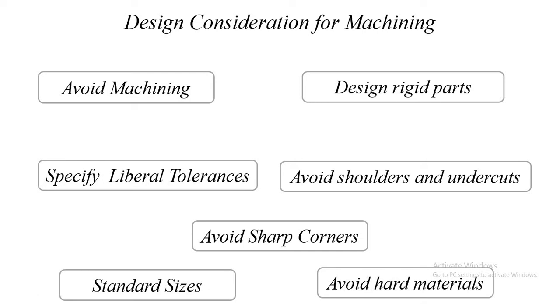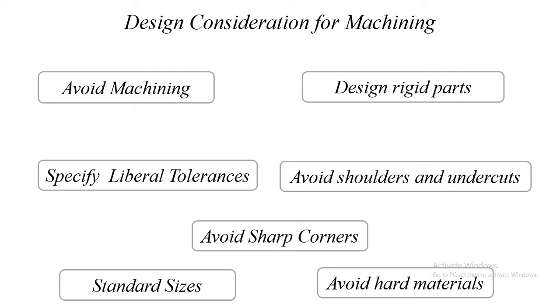Specification of liberal tolerances. While designing the components, the designer should provide liberal tolerance in drawings, both geometric and dimensional, because closed tolerances results in high machining costs. It is advised to avoid sharp corners because it results in stress concentration. It is also advisable to use raw materials available in standard size and use of stock dimensions to avoid